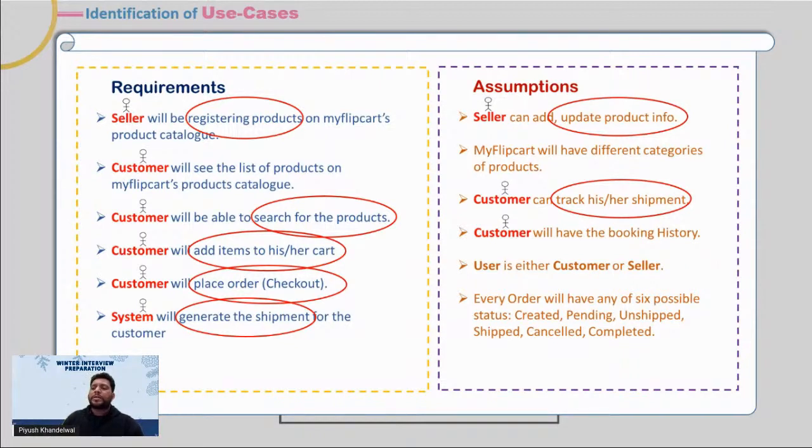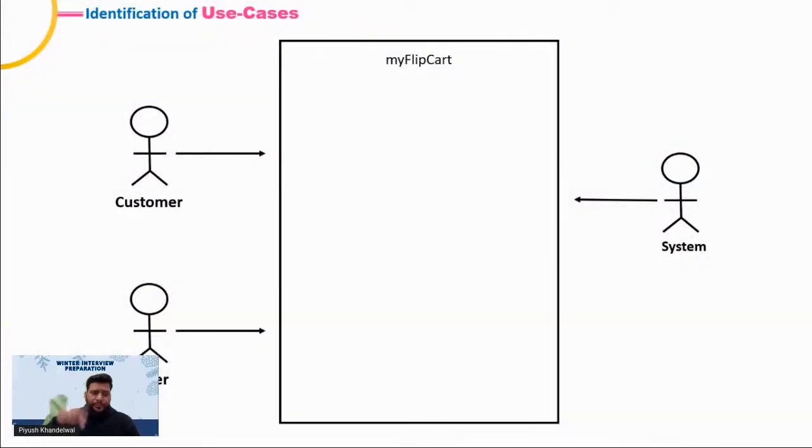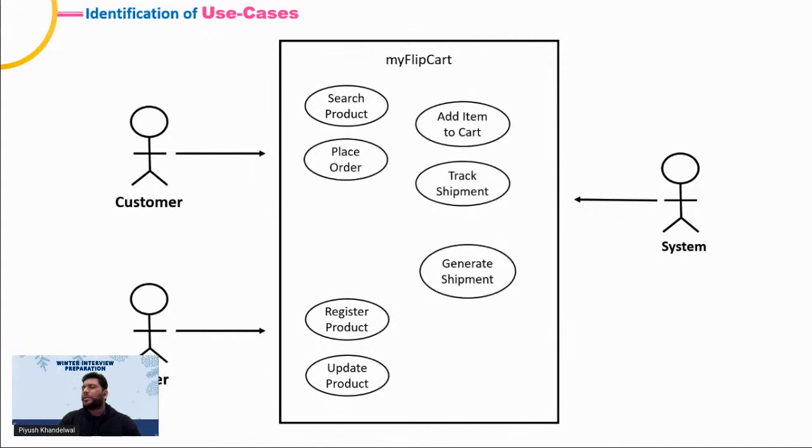will add item to the cart, customer will place the orders, system will generate the shipments, and seller will update the product info, customer track his or her shipment, ठीक। तो देखिए, now for every verb over there, ठीक है, we will create a use case: register product, update product, generate shipment, track shipment, add item to the cart, search product, place order, ठीक।